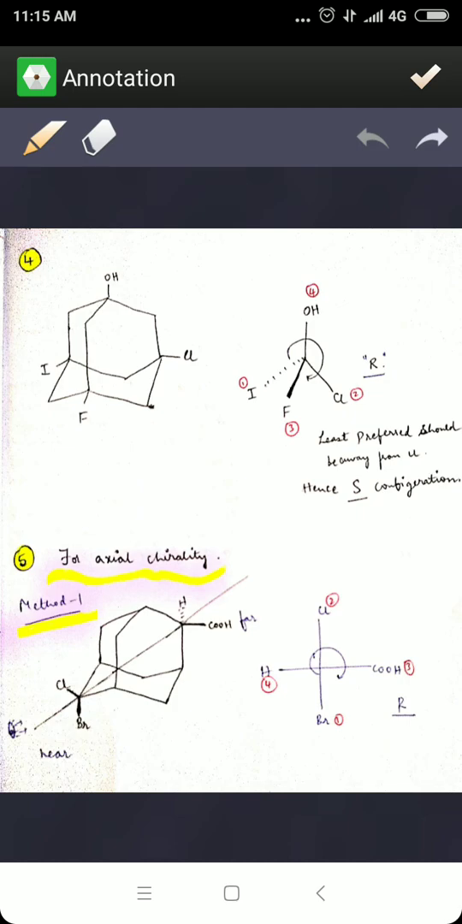So now you can see here, this configuration is 1, 2, 3, and 4. It is R. Now, one more thing I forgot to tell you, that is, the common criteria for assigning RS configuration is that the least priority should always be on the dashed line, right? The least priority should always be away from you. So here the least priority is hydroxyl, and if you see it is not on the dashed line, it is not away from you, it is on the plane towards you. So what we are going to do is you have to give the opposite configuration, that is R becomes S in this example,